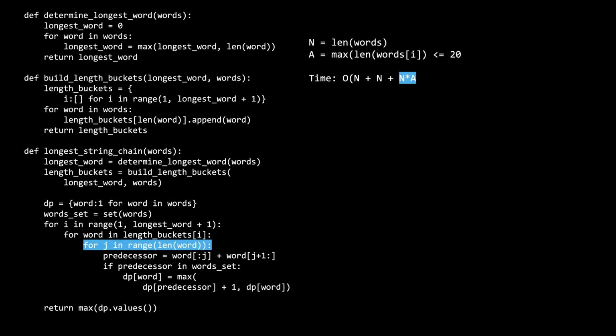For the J inner for loop, worst case this runs max of length of a single word, which is A. And for each of the J for loops, we do A plus A work. One A is for the slice operation, and the other A is for checking if the predecessor is in the word set. All this simplifies down to O of n plus n times A squared. All that simplifies to O of n